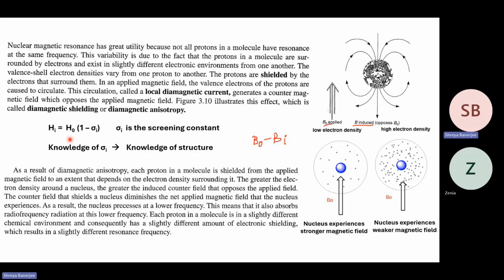So there is this formula: H induced is H0 into 1 minus sigma i. Sigma i is called the screening constant, that is, how much the nucleus is being screened by the electrons. So in this system where there are fewer electrons, sigma i is low. If sigma i is low,